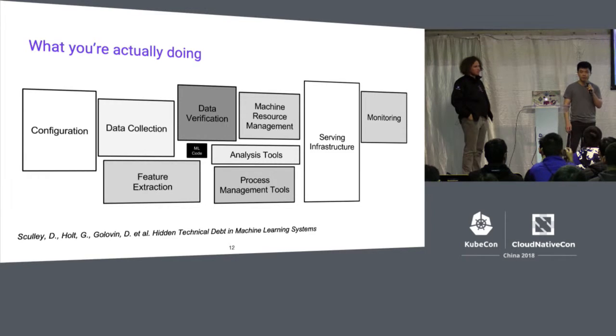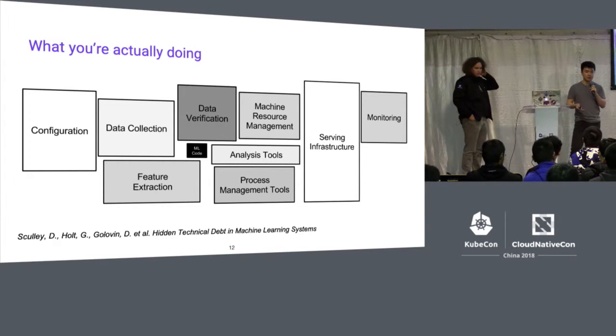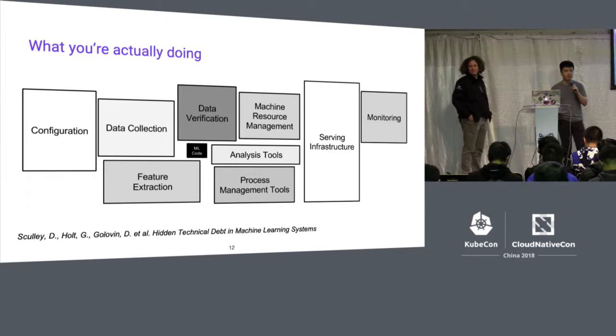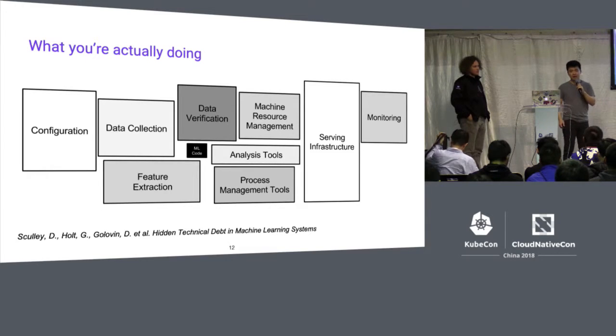As you can see, only the central black part is the machine learning. Data scientists have to deal with a lot of operator responsibility, development responsibility, and cluster management, which is not supposed to be done by them. We should have some existing project to help data scientists and make their life easier. That's what we are doing with Kubeflow. You might already have seen this slide earlier this morning in the keynote from Chai Cloud.